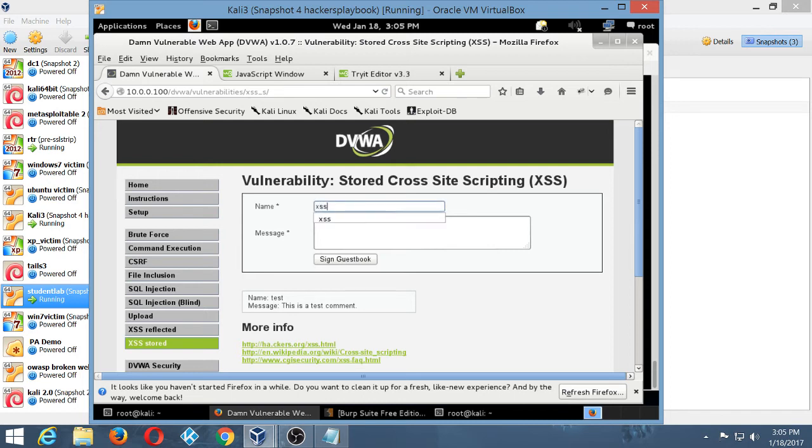So we'll go over here to XSS and click in there. Then we're going to put our script in here, our JavaScript for XSS. We're going to start with script as our tag, and then we're going to say window.location. I'm going to leave it up to you guys to go to w3schools.com and find out exactly what window.location does. So that's a little bit of homework for you there. So we're going to say window.location equals, in quotations,